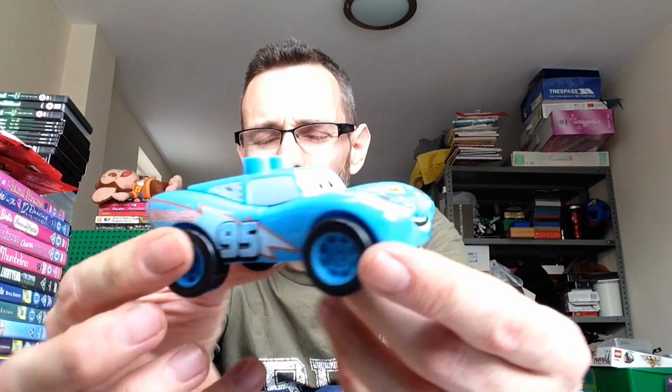I think 5 or 6 of these Disney cars. Now they look like Duplo, but this is actually Mega Bloks. Joe Crispine mentioned he found some of these in one of his videos. And yeah, I didn't realise that Mega Bloks had done a car series as well. And last week I picked up this one here, just for comparison. This is a Duplo